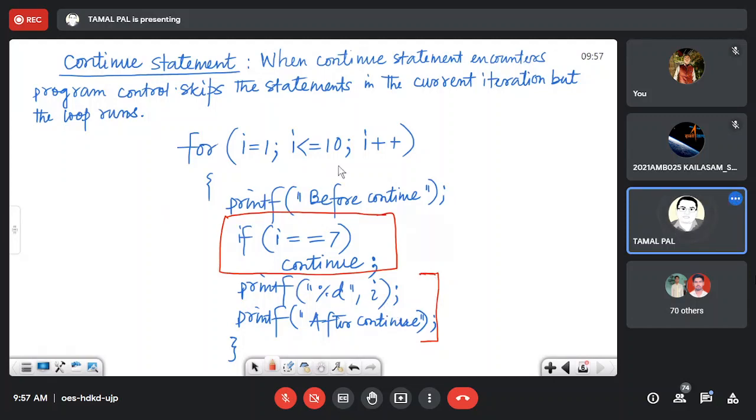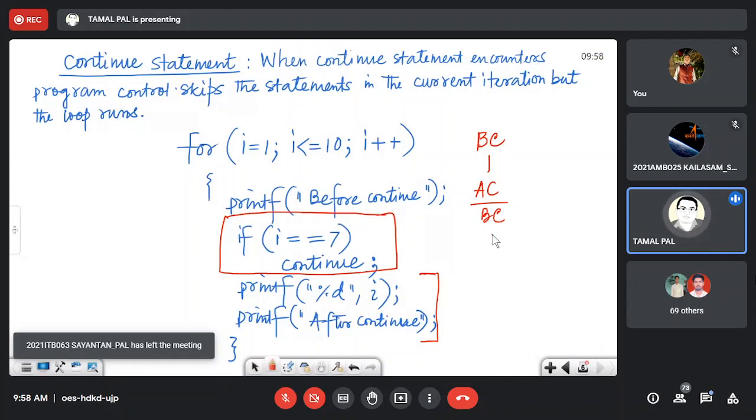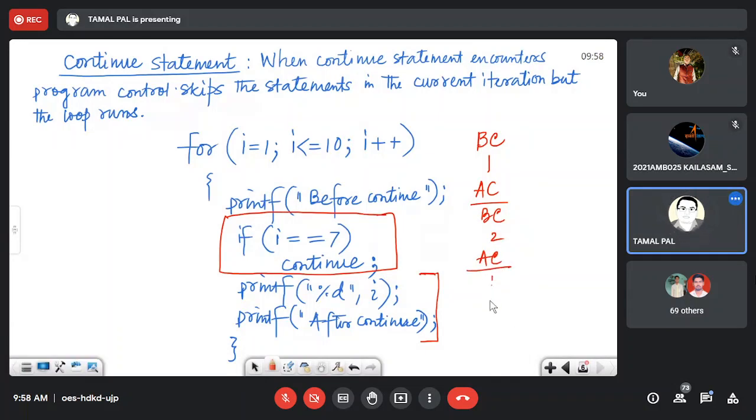So before continue 1, after continue. Same thing will happen in the next iteration: before continue 2, after continue. In this way, up to 6 it is okay: before continue 6, after continue.